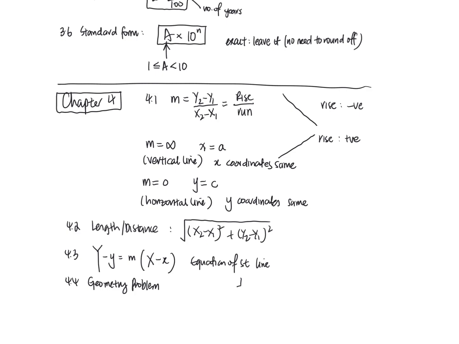Trapezium is half the sum of parallel lines times height. This is for area. What about the legs? The perimeter. Perimeter, just add all the 4 lines, but they won't ask like that. Okay, I just haven't gone through 5.1, but